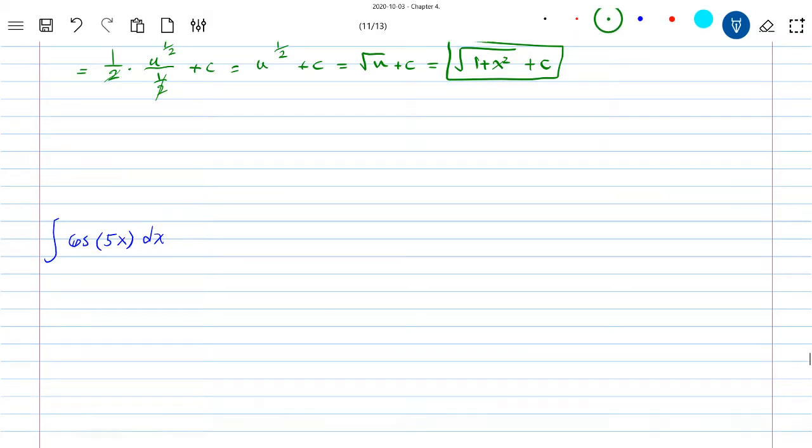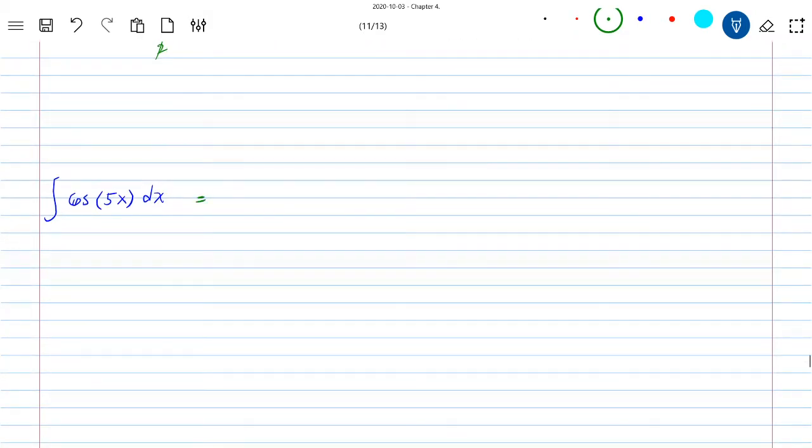One more example. Integral of cosine 5x dx. Substitution. If it was cosine x dx, I wouldn't need substitution because I already know the integral of cosine x is simply sine x plus some constant. This would have been sine x plus c. But if this is 5x, you cannot say this is sine 5x plus c, because if I take a derivative of that, the chain rule will show up and you'll get 5 cosine 5x. So that is not correct if you're dealing with